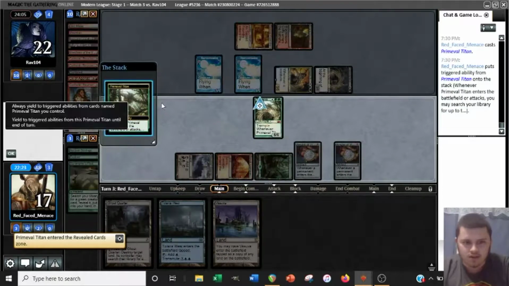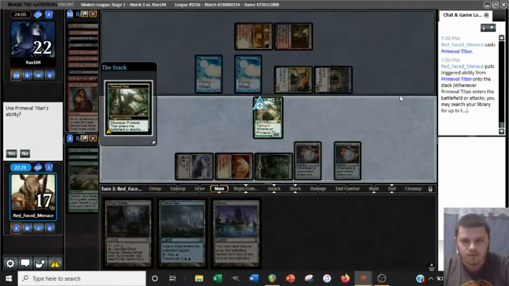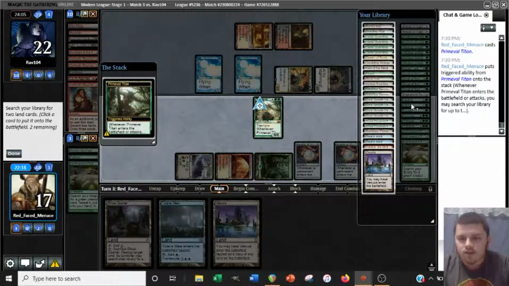Let's see what we can get here. Yes. So, we don't have anything that can make a red and a white here. Like, we could get Vesuva copying the Boros Garrison, but that doesn't allow us to use our Slayer Stronghold, so... Instead, I think the play is going to be...